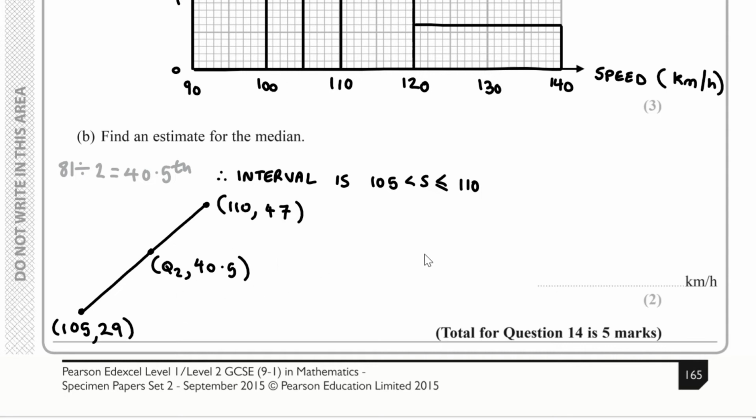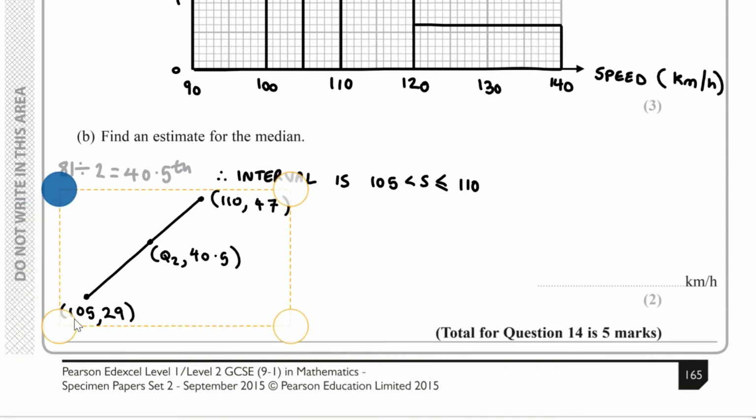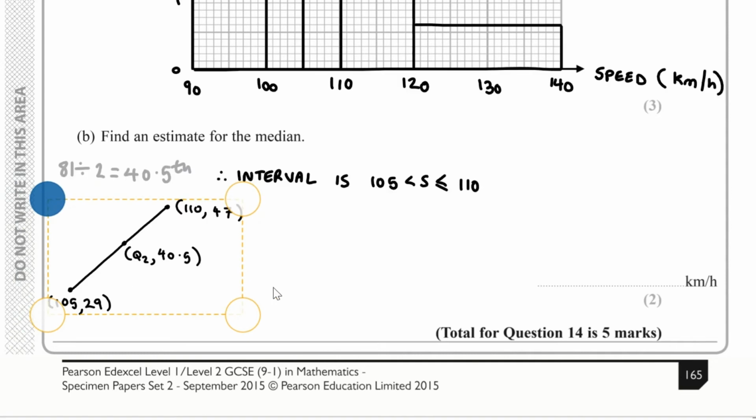So now we can use the idea that if we just make this smaller, here we can use the gradient idea. So we've got the change in y's will always be the same, and so will the change in x's. So change in y here, we've got,